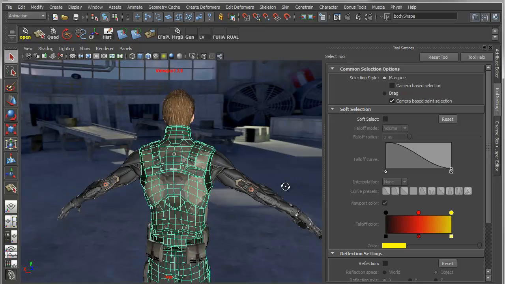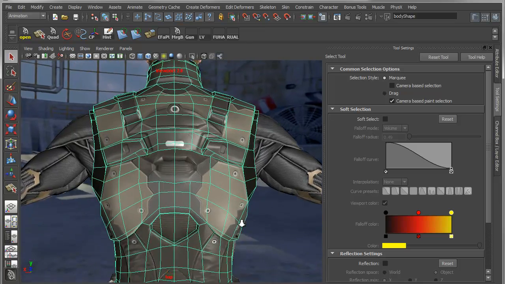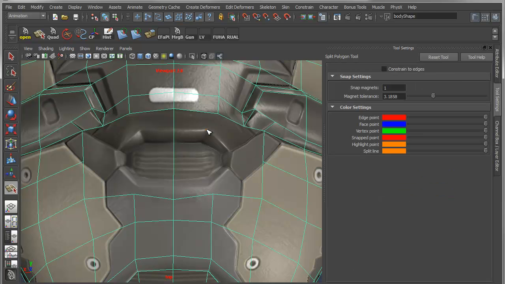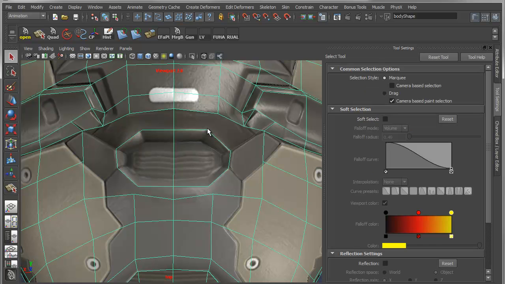So to give you an idea of the problems that this new tool solves, let's take a look at the back here and take a look at this texture area. Let's say I wanted to create an edge that followed that. Now this would be very cumbersome using the old split tool. Now I can just go in with the new split tool and begin plotting down my points right in the middle of my object, independent of any existing edges and or vertices. So you can see I started on an arbitrary point on a face, and then I ended back at the same point, never having clicked on an edge or a vertex. When I hit enter, it'll automatically insert that. So I'd obviously need to clean this up a bit, but for time's sake, I'm going to move on